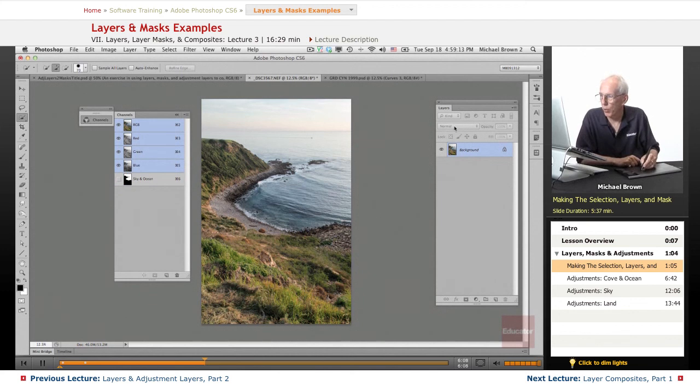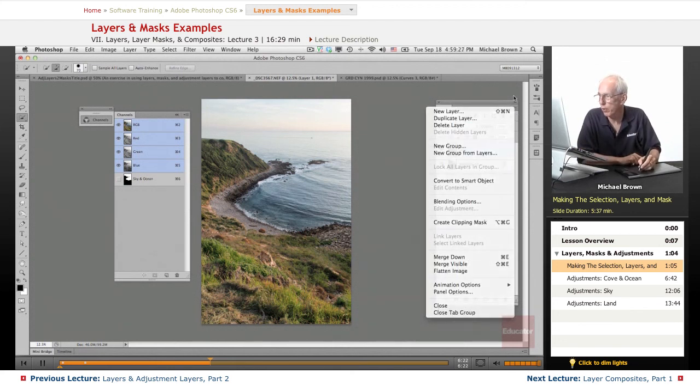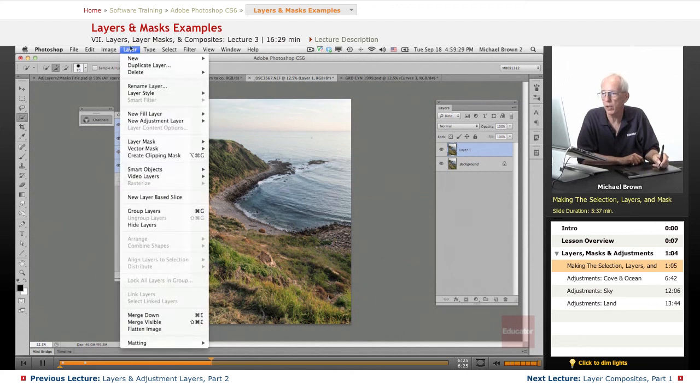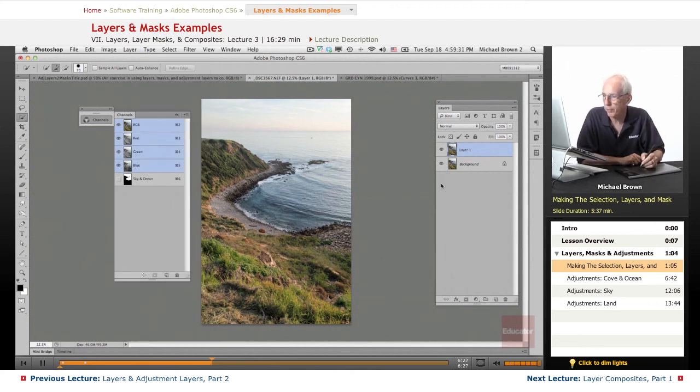So, what's the first thing we do with our image? I should have done it at the very beginning. Thank you. Duplicate the background. Command on a Mac, Control on a PC, plus the letter J for the shortcut, or duplicate layer here on the Layers drop-down, or over here. Now we have that. So, the first thing I want to do is take the order. I need the sky to come down. I need the ocean to come down. I need to snap the cove, but I don't want to make it come down anymore. And we have a full selection of